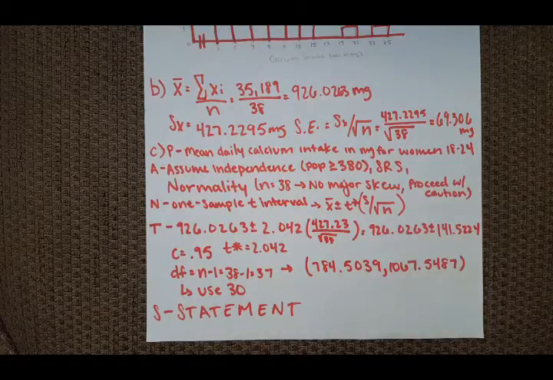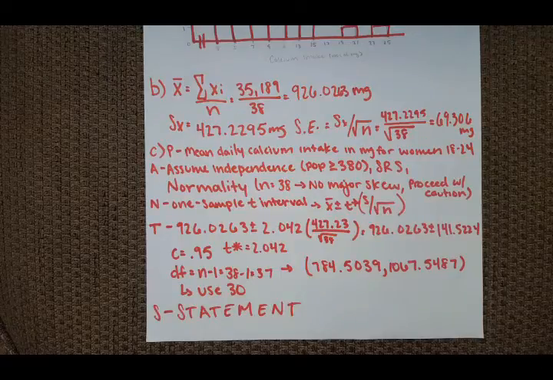So A, we're going to assume independence and assume that the general population of women 18 to 24 is over 380. So that's good. We can definitely assume that's true. Assume that an SRS of women is taken. They don't explicitly tell us that, but we have to assume that in order to proceed with the confidence interval calculations. And assume normality. So our n value is 38, but as we found in part A, there's not really